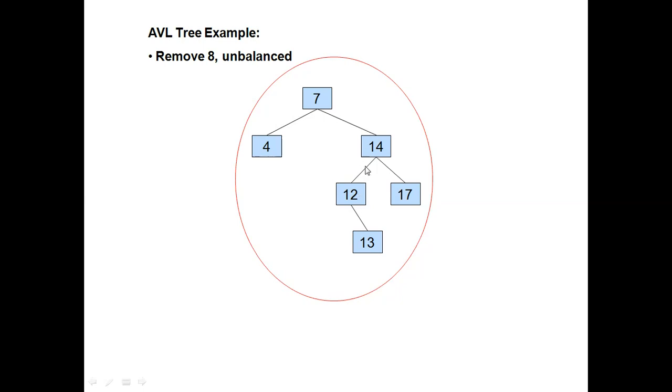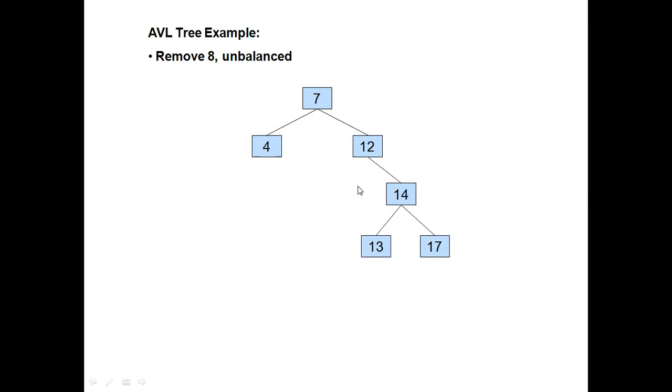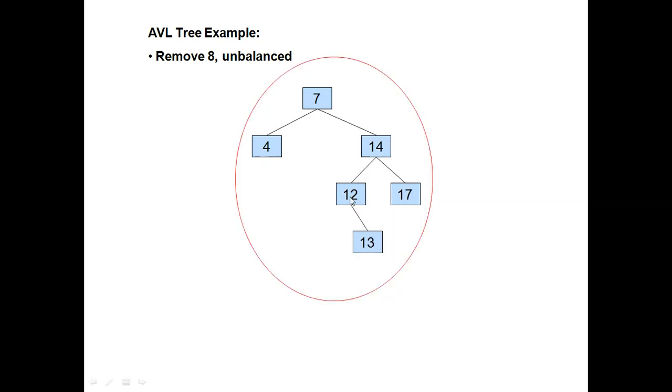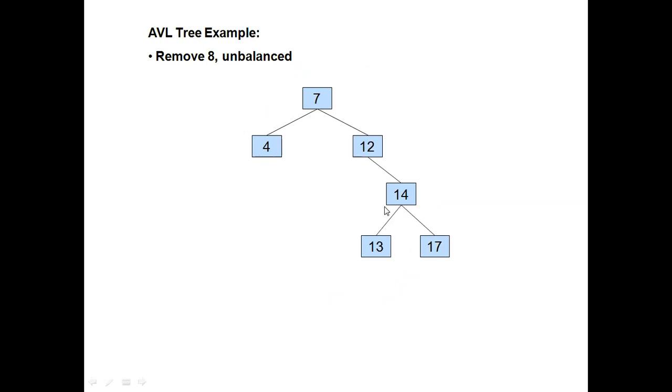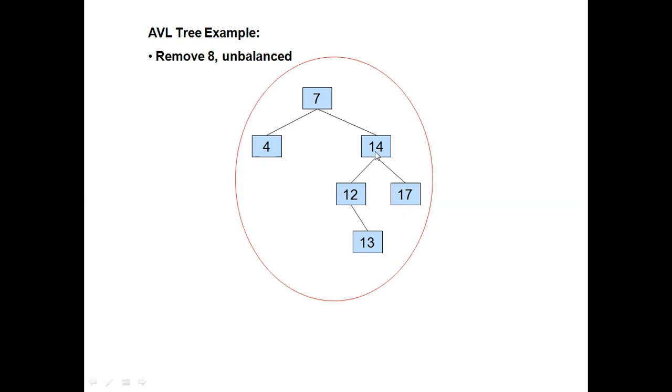First of all, we have to do LL rotation. So we'll do LL rotation. By performing this LL rotation, this 12 will come here, 14 will go down. And 13 will be the node of this 14 itself. Yes or no? Let us see. 14 will go down, 12 will be there, and 13 is the right node. So the right node is 14. We have to take care of this: 13 will be the child node of this 14 itself.